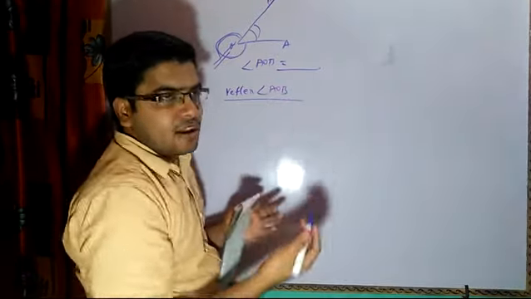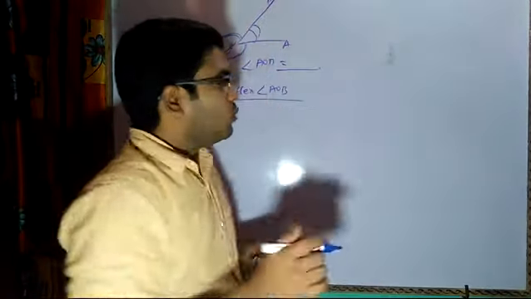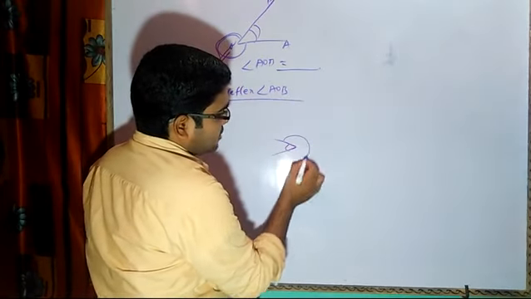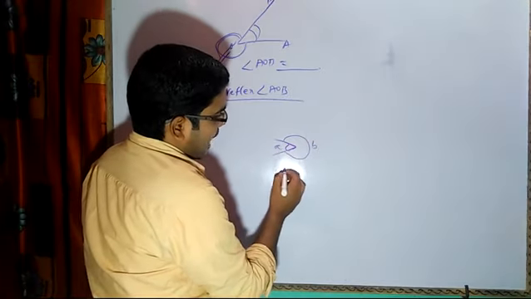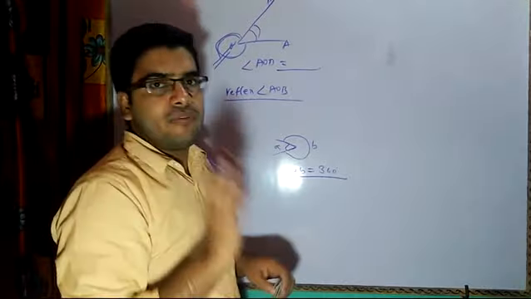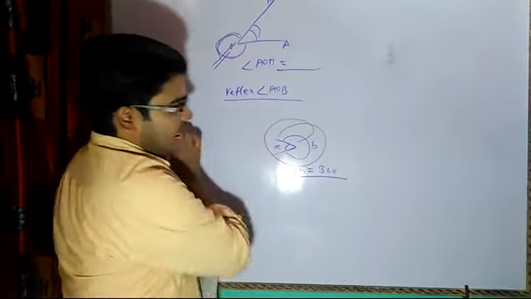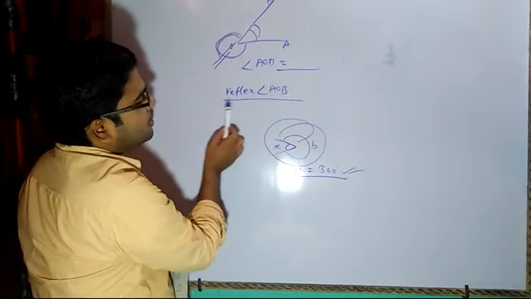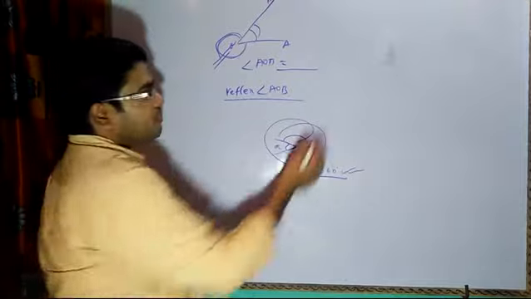So the reflex angle means all those angles which are greater than 180 degree but less than 360 degree. Because we all know that our complete angle is equal to 360 degree. Suppose I have a point and I have made an angle, so this angle plus this angle, that means angle A plus angle B, is always equal to 360 degree. So this is called the complete angle. Complete angle is always equal to 360 degree. This is the outer part, so it will be called reflex angle AOB.